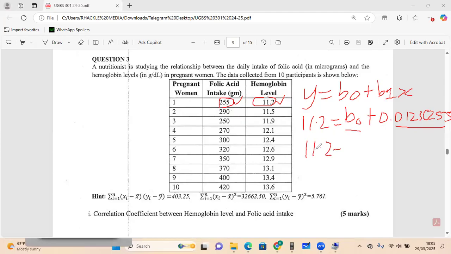We are going to get into bracket 0.0123 times 255 is equal to B. Right, and then we are going to get B0 to be equal to